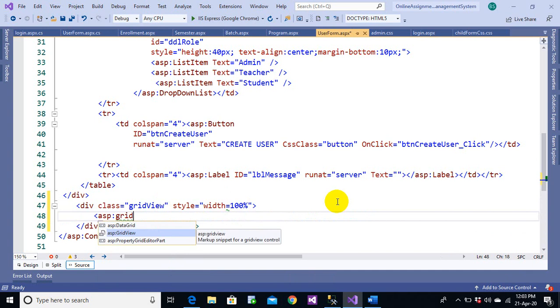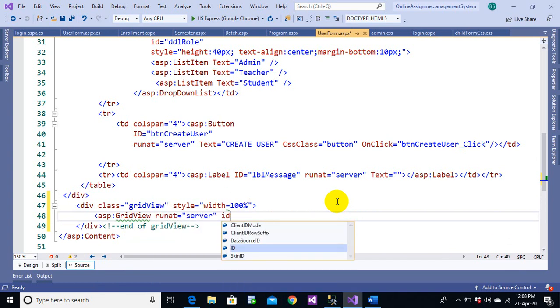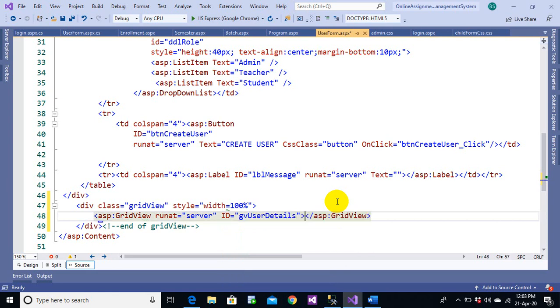So in Windows forms, we have something called data grid view, but here we have a GridView, runat equals to server. And then we need to provide it ID. So ID equals to, let's say, gv_user_details, for example. Perfect. So this is the data grid view.